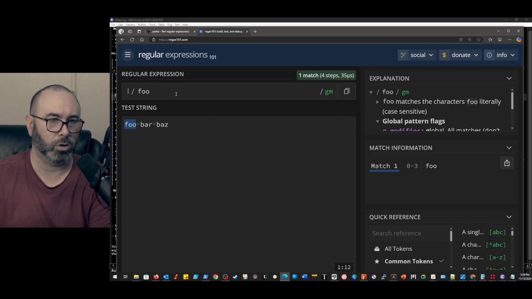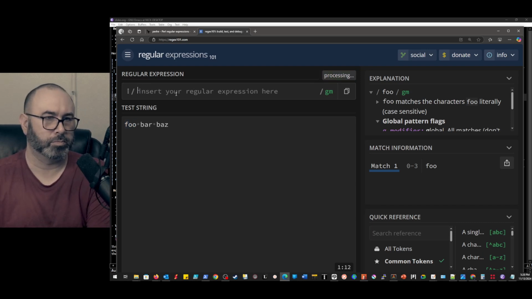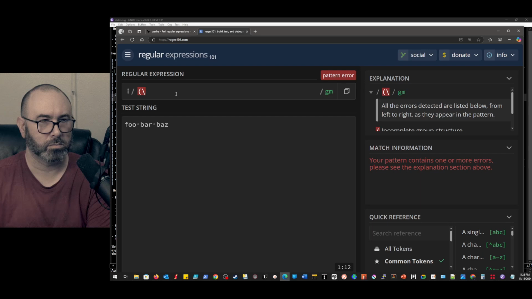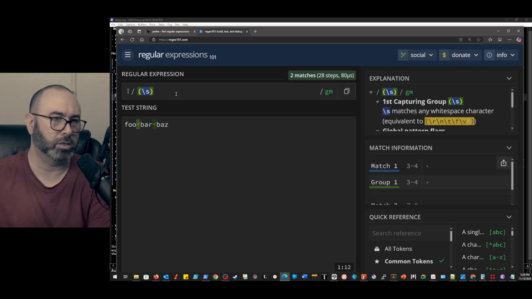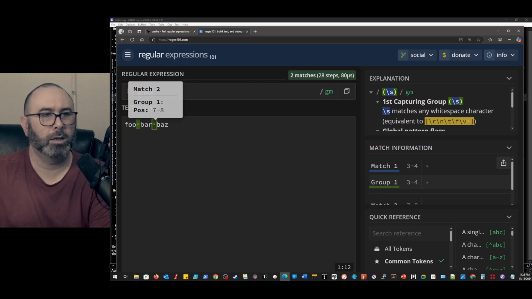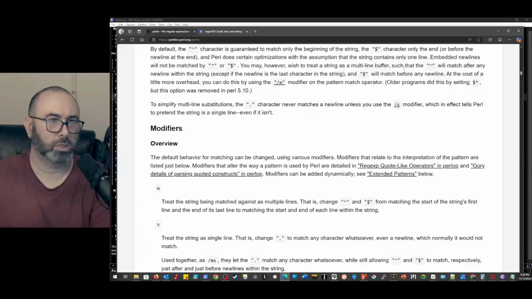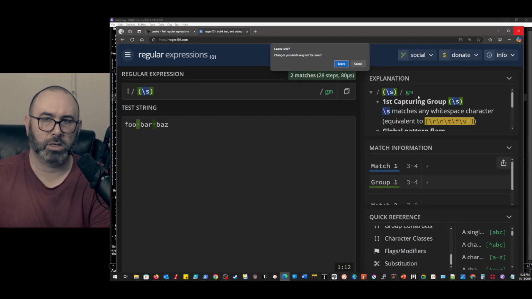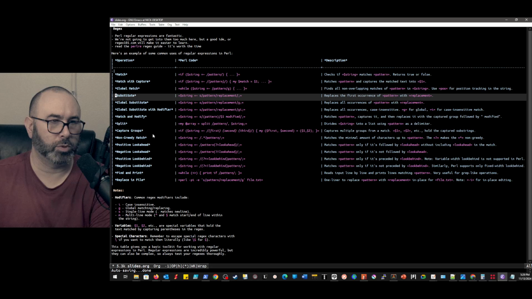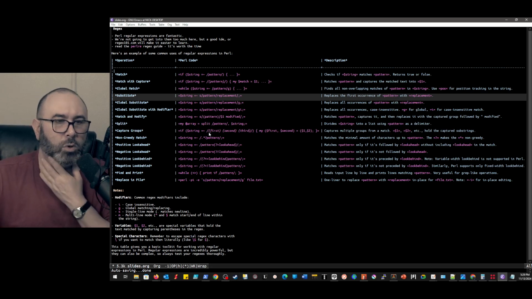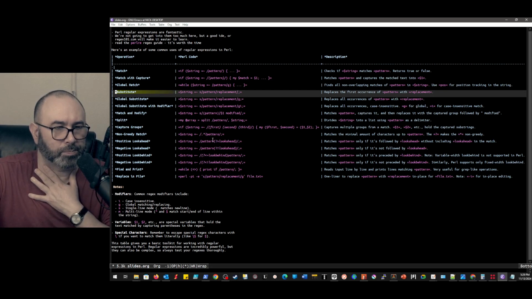right, things like that. All right, so it's going to go match our white space. There's a lot of this. You don't need to memorize this stuff. You'll learn it over time, but it's very full featured when it comes to Perl, and we just have a ton of stuff. So this is our quick reference for that.